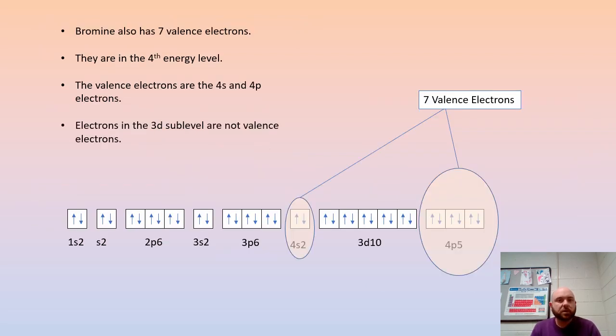I wanted to take a look at bromine also with you to show you that it also has 7 valence electrons, which we would expect because it's found in the same column on the periodic table as chlorine. But when you look at its electron configuration, some people may get a little confused and think maybe it has more valence electrons than the actual 7 that it has. The reason for that is we may notice that in the electron configuration for bromine, we can see that